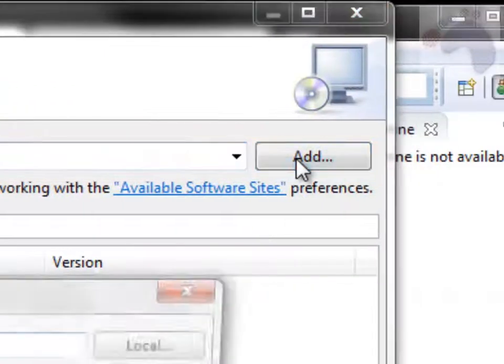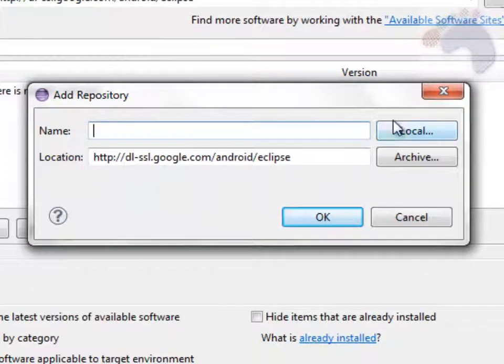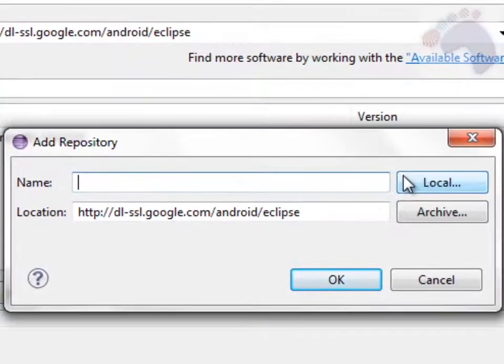We need to add that location to a list of known places where Eclipse can look for software. So let's call this one the Android SDK,